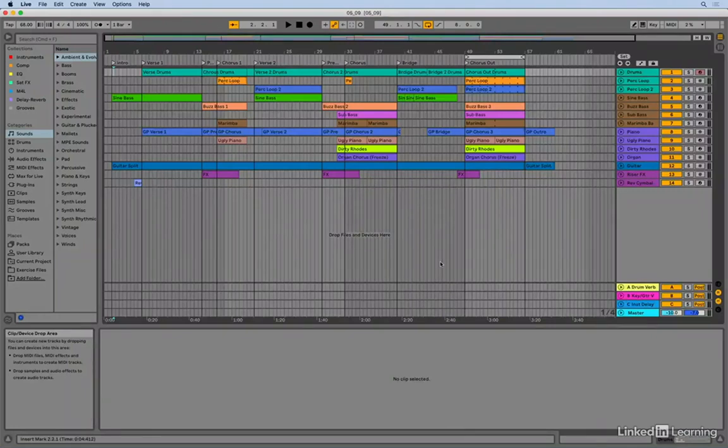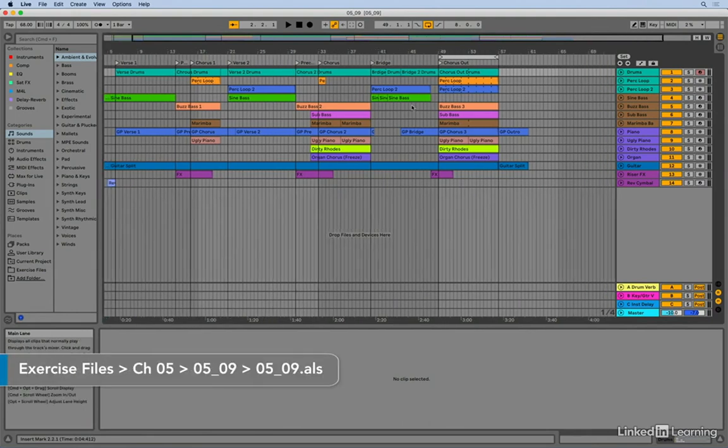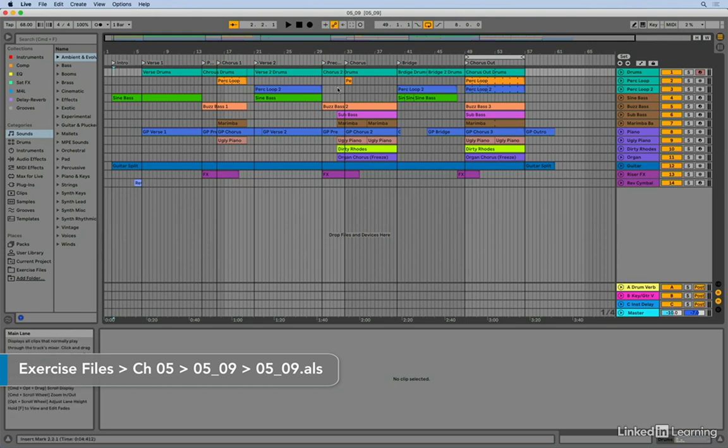In the last video, we learned how to copy, paste, and loop clips in Session View. Let's take a look at how to use those same tools in Arrangement View. So I've got exercise 9 from chapter 5 open, and I need to do a little bit of work on